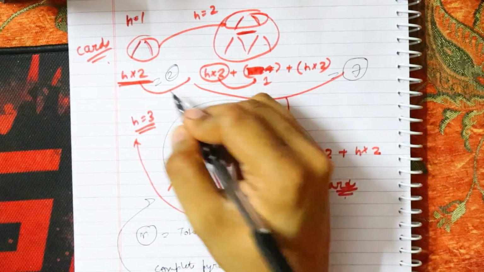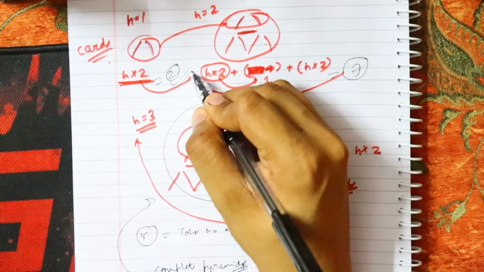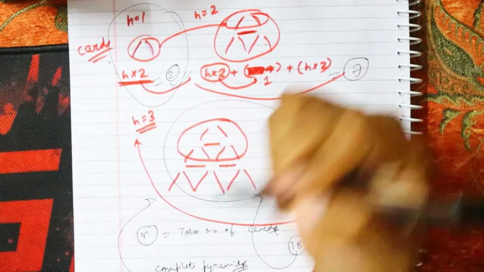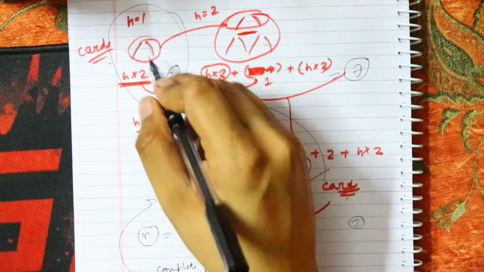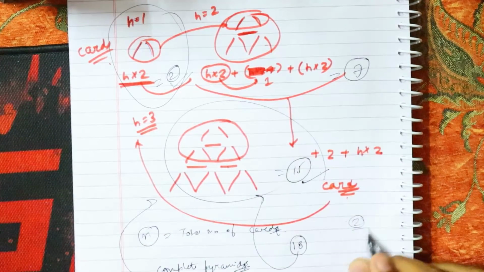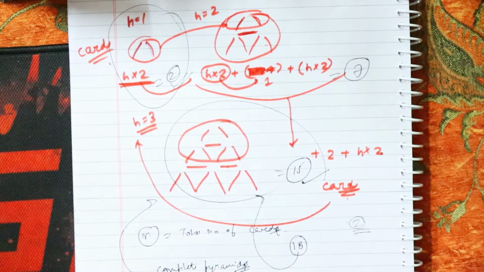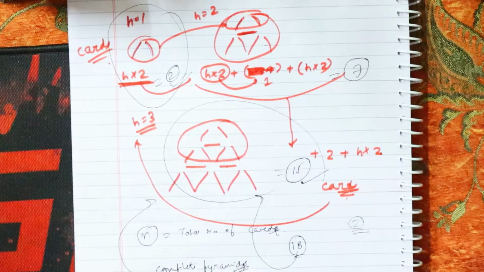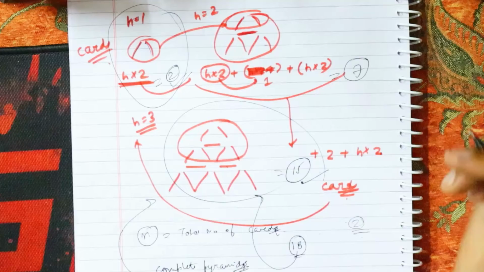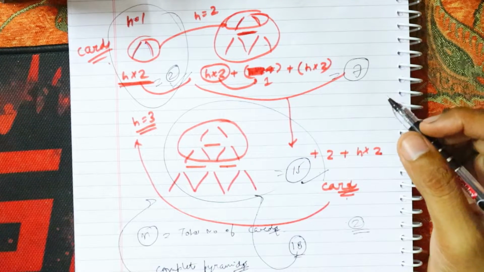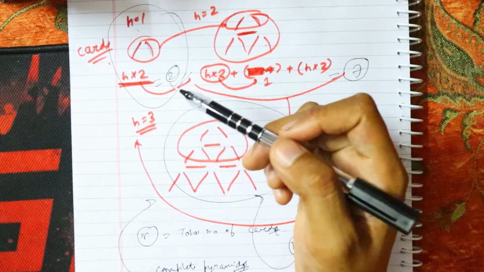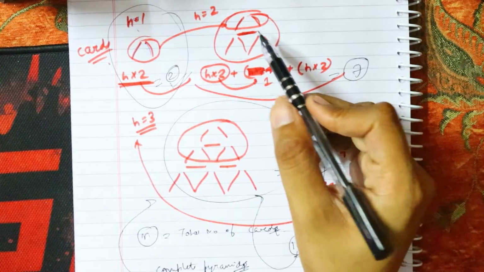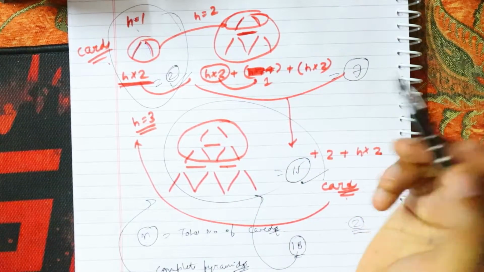So what I will do, I am only able to make the h equal to 1 pyramid. So in total what I will have is 2, one this and one this. So basically I need to find out how many pyramids I can make from these n cards. As you can see, the basic approach here is very simple. If h equal to 1, the number of cards required is 2; if h equal to 2, the number required is 7; if h equal to 3, it is 15.